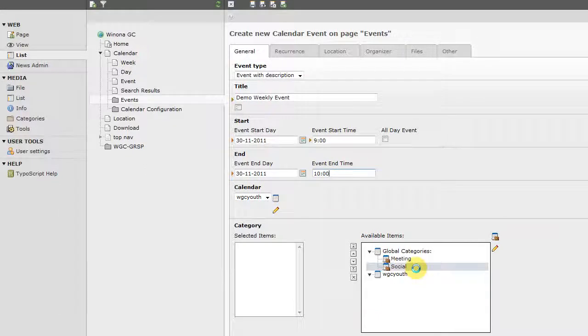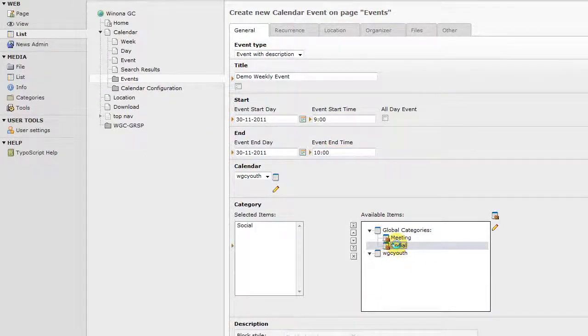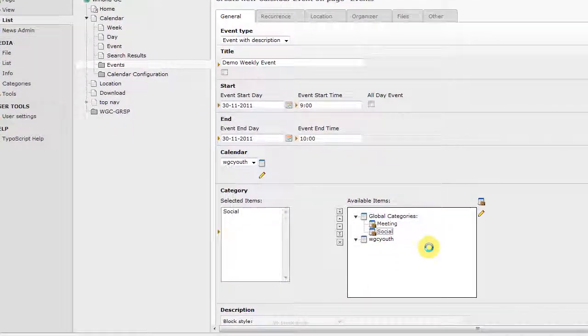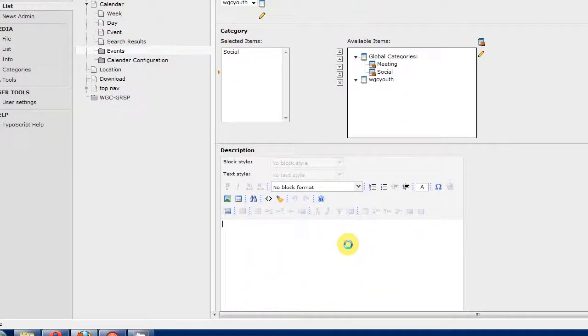It's going to be a social event, and we're just going to put in a little bit of description. This is our weekly meet and greet for our staff. Okay,